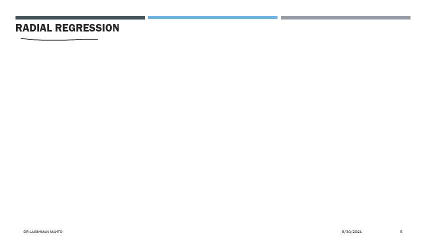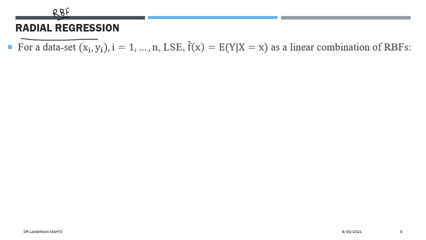Now I will talk about radial regression, that means radial basis regression. What is that? Simply, in place of the general basis we take the radial basis function. When you take a polynomial basis, it is polynomial regression. When you take a spline basis, it is spline regression. When you take a radial basis function, it is radial basis regression. That is the sense. So consider we have at hand a sample of size n.